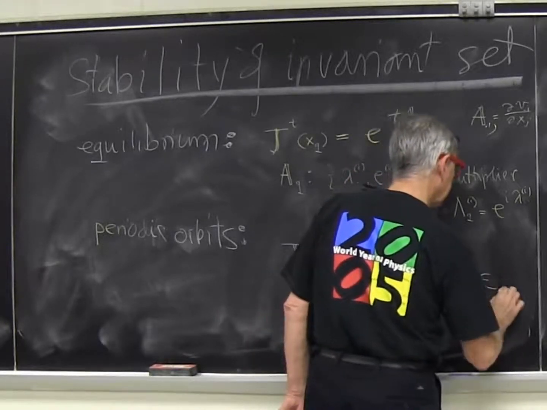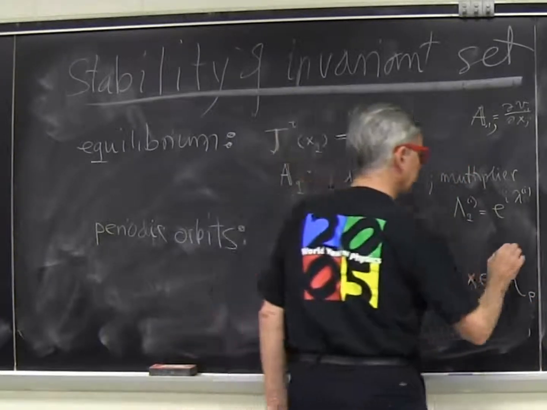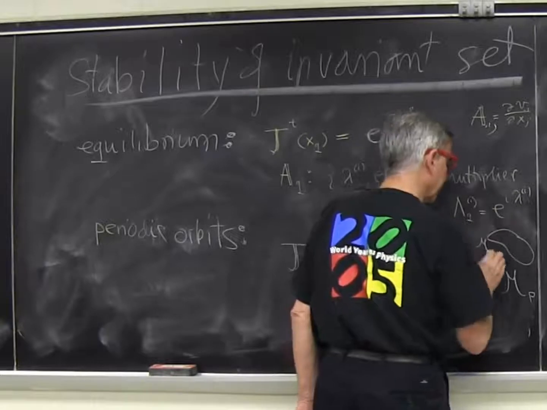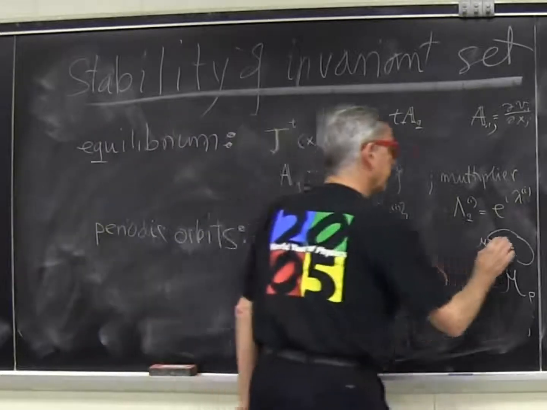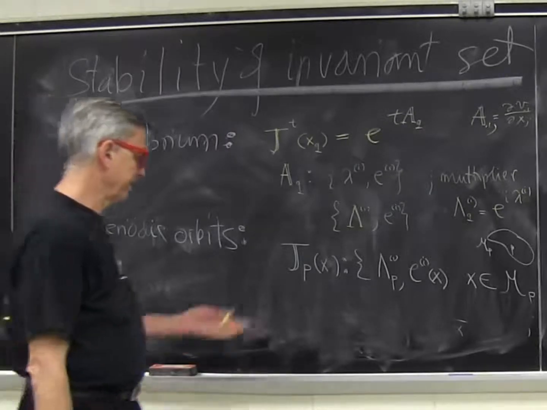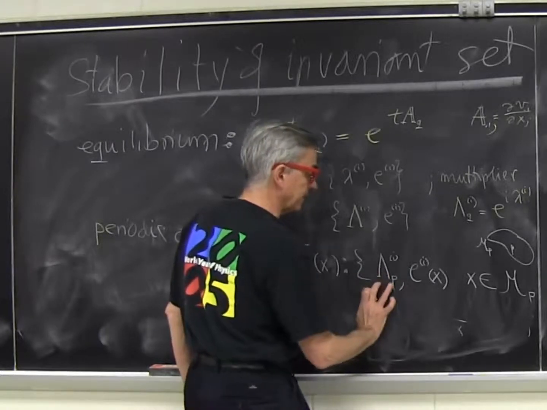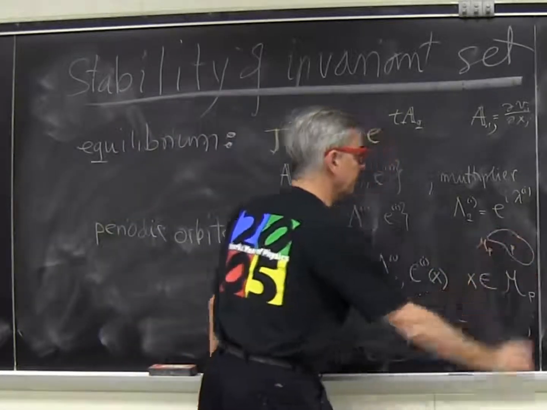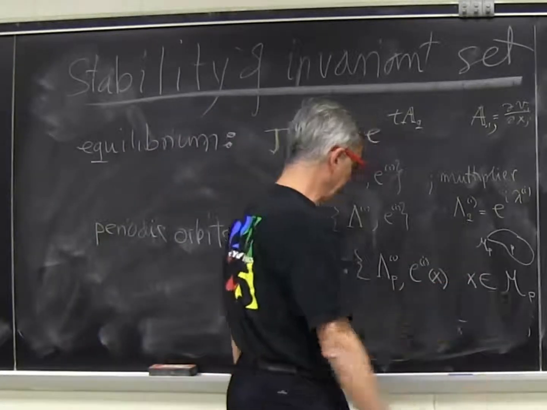So x is in the orbit, so set of points that belong to periodic orbits. So it's a one-dimensional curve, that means some set, and p means it's labeled by the word, will mean prime, as you'll see in a second. And one obvious thing, to me a totally amazing thing, is that this does not depend on the matrix. It only depends on the orbit itself, on the geometrical object. So these numbers are characterizations of the orbit, and that'll be the main thing I want to prove today.